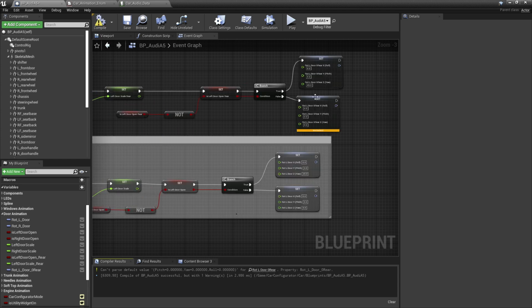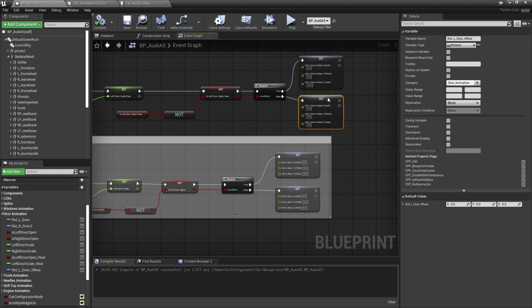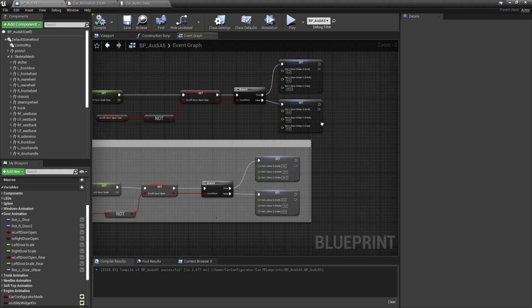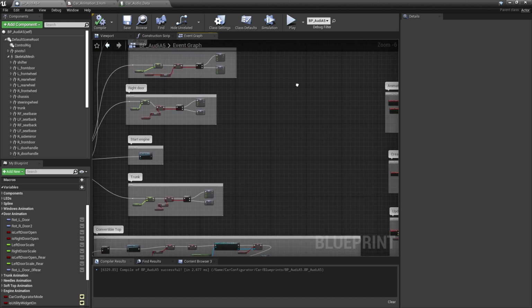So we got a little warning that popped up here, and this happens sometimes when you duplicate these rotator attributes, these rotator variables. Sometimes when you duplicate them, for some reason, they just don't work out. So if you just give this a new name, we'll just call it door 2, and then hit recompile on this, you'll see that it's going to clear that warning out. The logic's all fine, everything's good, but sometimes when you do duplicate those, you got to give them a little kick to kind of clean them up. And if you wanted to, you could actually go back and change that name back to whatever you'd want after you've given it that kick to refresh it. So just a little tip there.